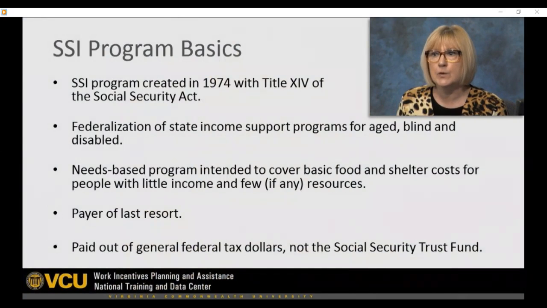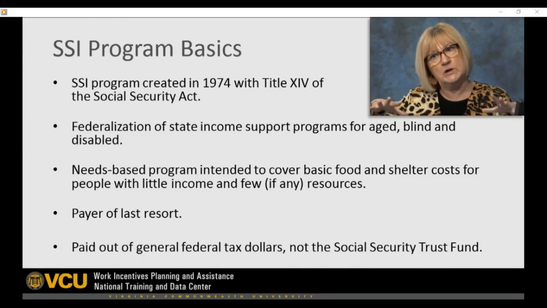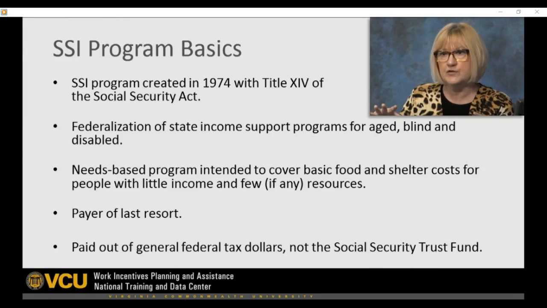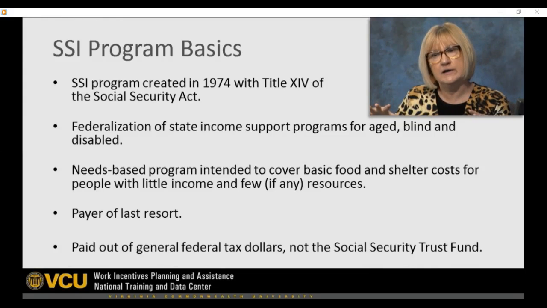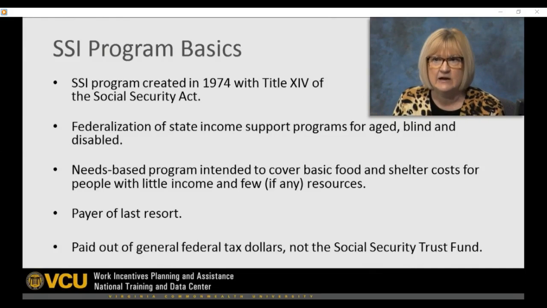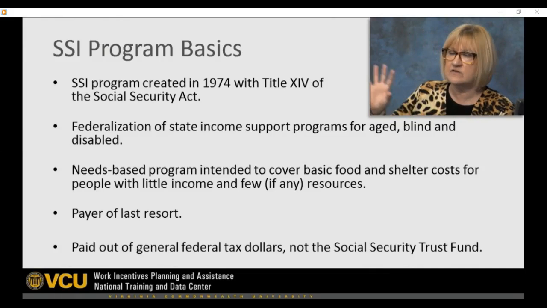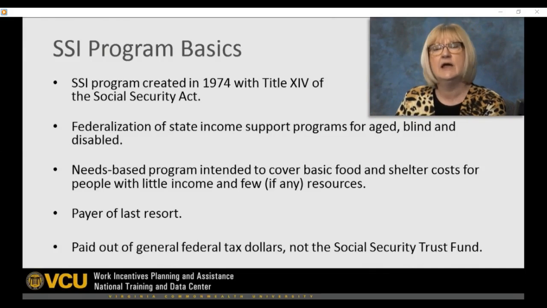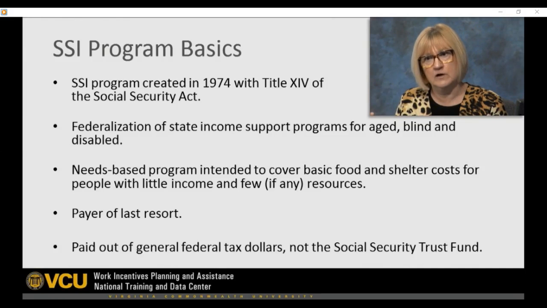for people who were blind or disabled. And the SSI program, when it was passed, was sort of the federalization of all of those disparate income support programs that were all over the country. And it kind of provided beneficiaries with a national floor for a program so that there was more consistency. So it wasn't, in California it's like this, in New York it's like this, in Alabama it's like this. It made it much more consistent across the country, and it federalized this income support for people who were disabled